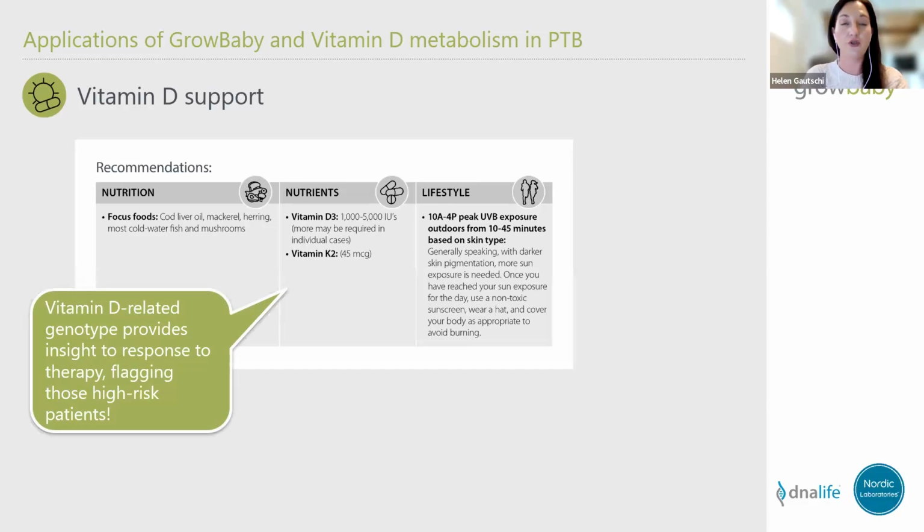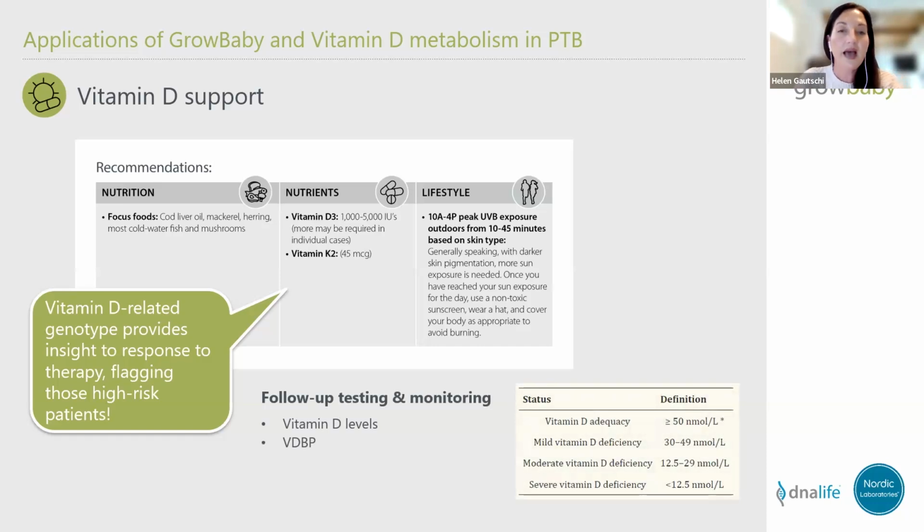So flagging those who might not get the levels up as high and as quickly as we would like, and really highlighting those high risk patients again. And so in terms of follow-up testing of the vitamin D levels, your vitamin D binding protein, which can be done in serum. Just to give you an idea of what adequacy is, and that is above 50 nanomoles